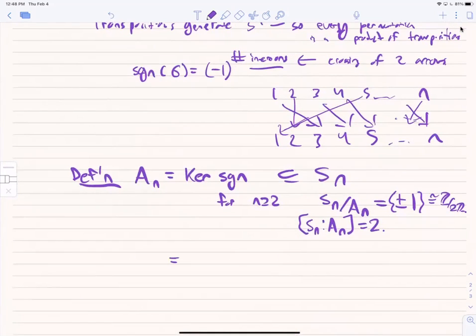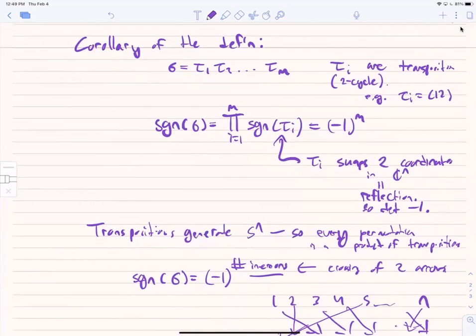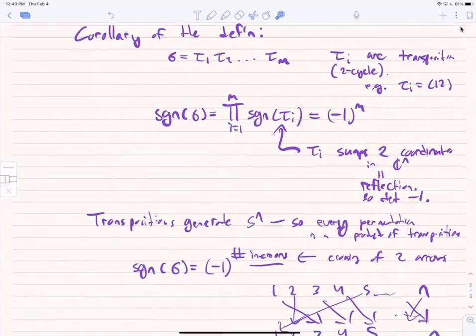So, it's also another way to write being in the kernel of sign. We call them the even permutations. You can say they're even because their sign is 1, not minus 1. So the number of inversions is even. I don't actually know where the terminology even or odd comes from, but the way I usually think of it is, saying you're an even permutation means when you express it as a product of transpositions, there's always an even number of transpositions. So that follows from this formula, which is interesting when you think about it, because